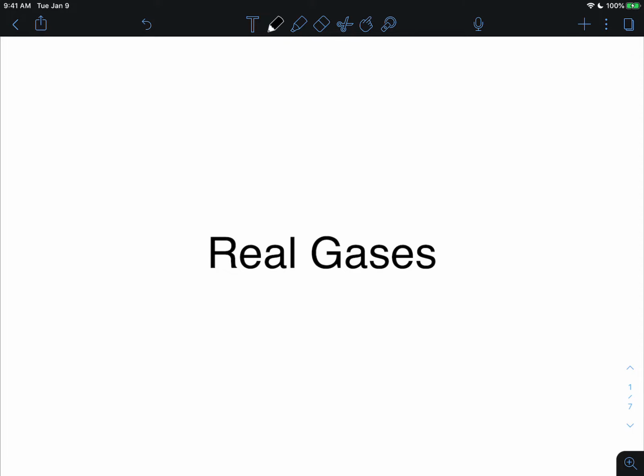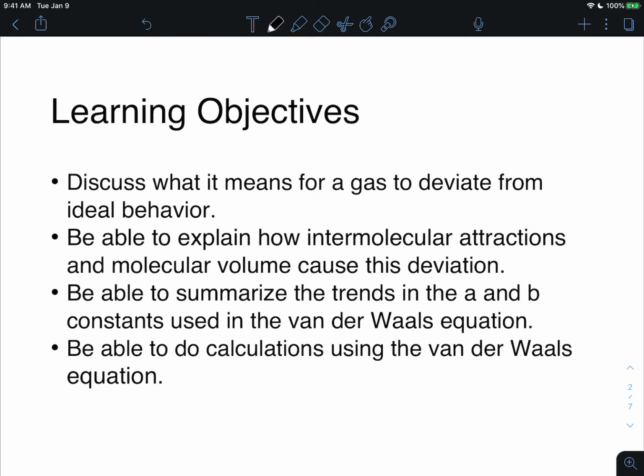Hey guys, in today's video we're going to talk about real gases. We're going to look at what a real gas is, how it deviates from an ideal gas, and why that deviation occurs. We should be able to explain the reasons for these deviations in terms of intermolecular attractions and molecular volume, and then look at our van der Waals constants, A and B, and the trends within them, and use our van der Waals equation to solve for